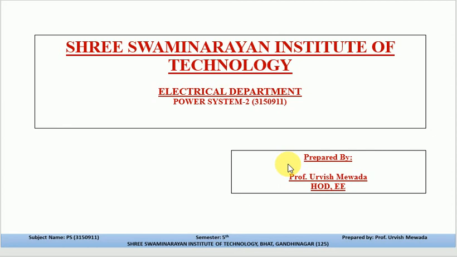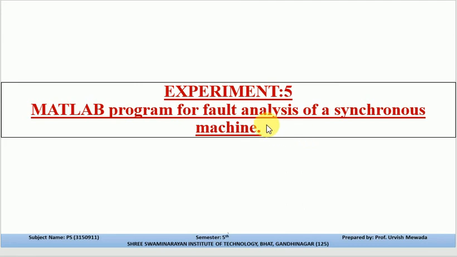in detail the nominal T method and nominal pi method, and after that we discussed the long transmission system in the third experiment, and then after we have discussed the ABCD parameter using MATLAB. Now this is our practical number 5, that is the MATLAB program for the fault analysis of